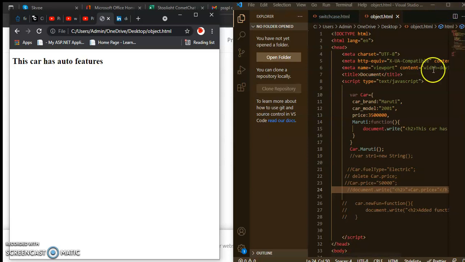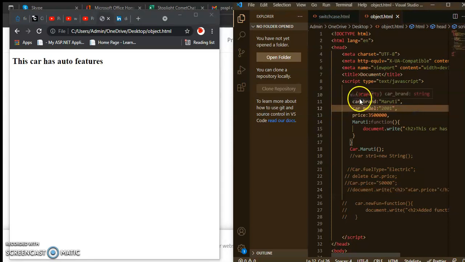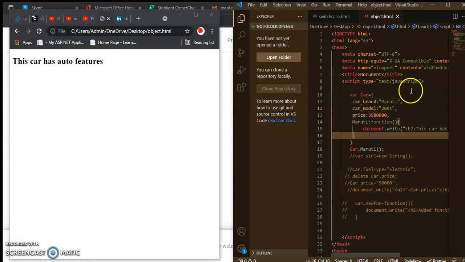Okay, so in the last section we have seen that an object has many properties, and how to declare the variables of that object. Here is a car object, and inside it are the properties car brand and car model.